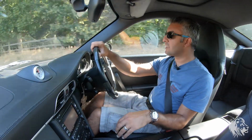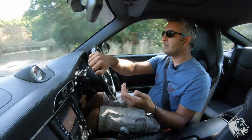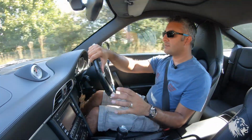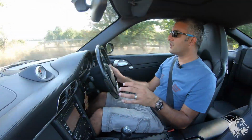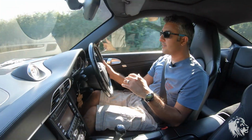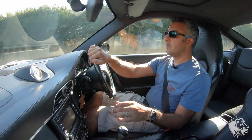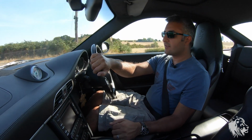I mean, this gearbox is quite outdated now, in terms of you can have 7-speed double clutch, 8-speed, even 9-speed, 10 speeds, but this 5-speed Tiptronic, yes, it isn't a double clutch system, it hasn't got a super fast change, but it doesn't need it in this car. This car has got so much torque and is so responsive with the variable vane turbos that it doesn't feel sluggish, and you can put it in full manual mode if you want to, but I don't think you need to really. It's that good at knowing how you drive, and if you work around it, it's a very rewarding